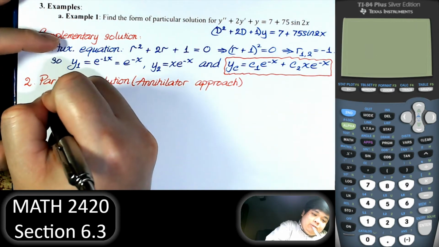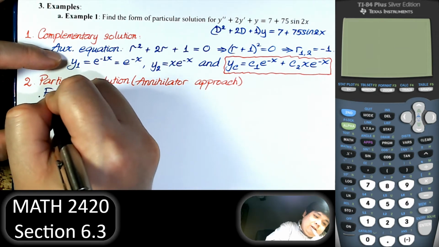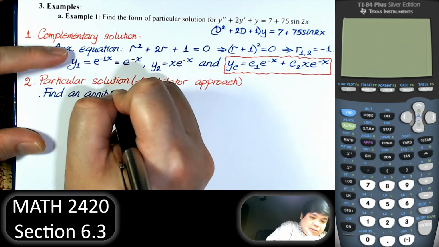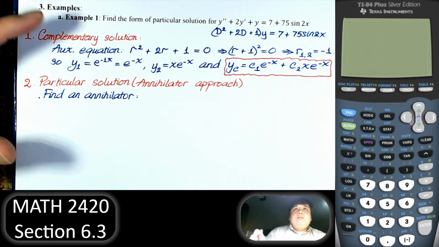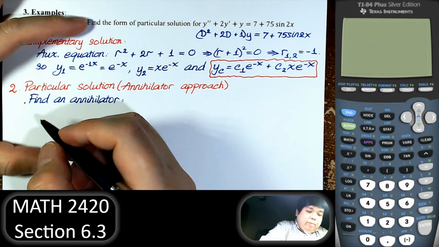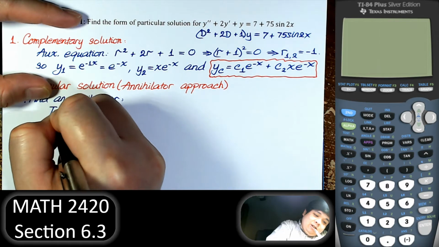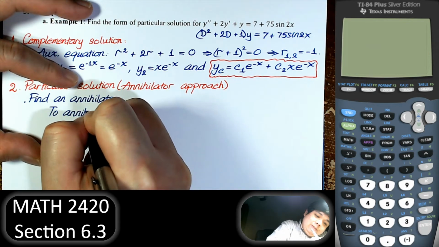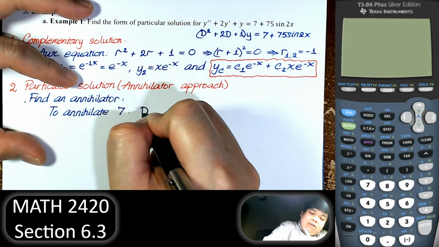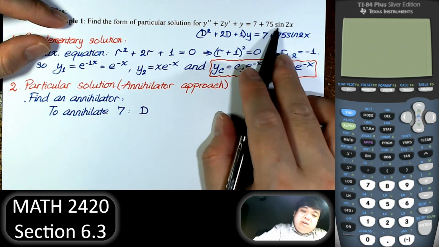Right, so the first step, of course, is to find an annihilator. Let me switch this real quick. To annihilate 7, we need the derivative of 7 to be equal to 0. And to annihilate 75 sine of 2x,